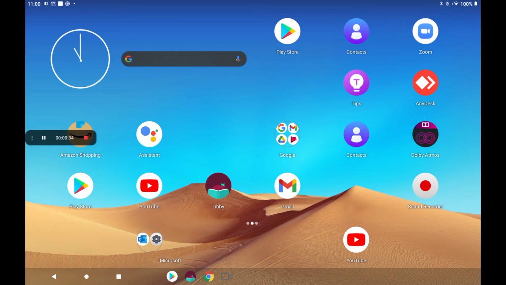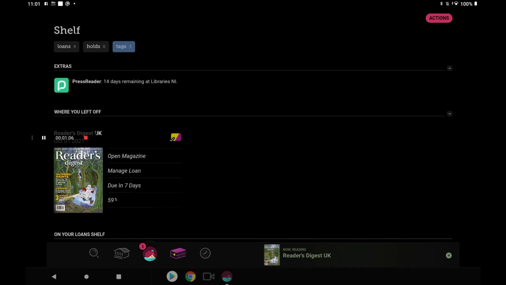Type in your PIN number, and it will then ask you for your local library. Just type in your local town area and link into your normal library. As soon as you do this, Libby will be able to be opened up, and we can then start looking at what's available in the libraries. So currently at the moment on the bottom we have 5 different icons. You'll see that the Libby app shows there's 3